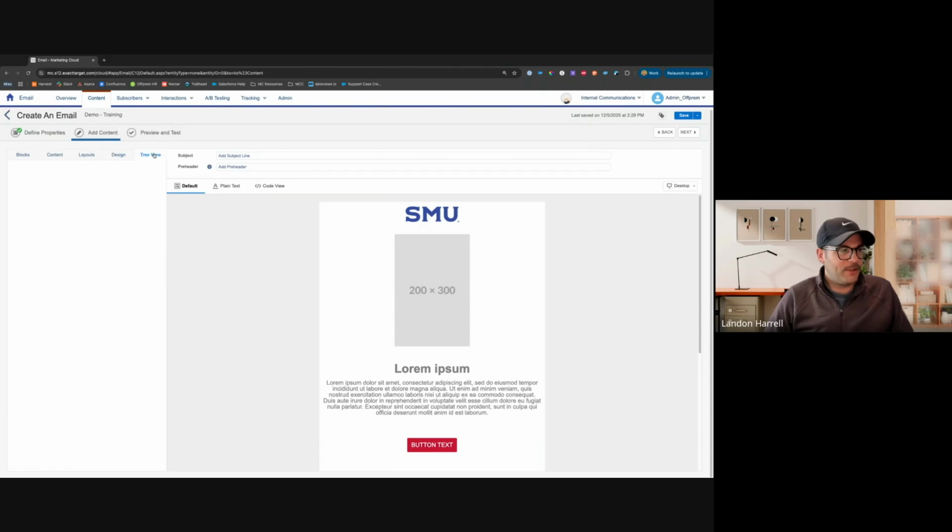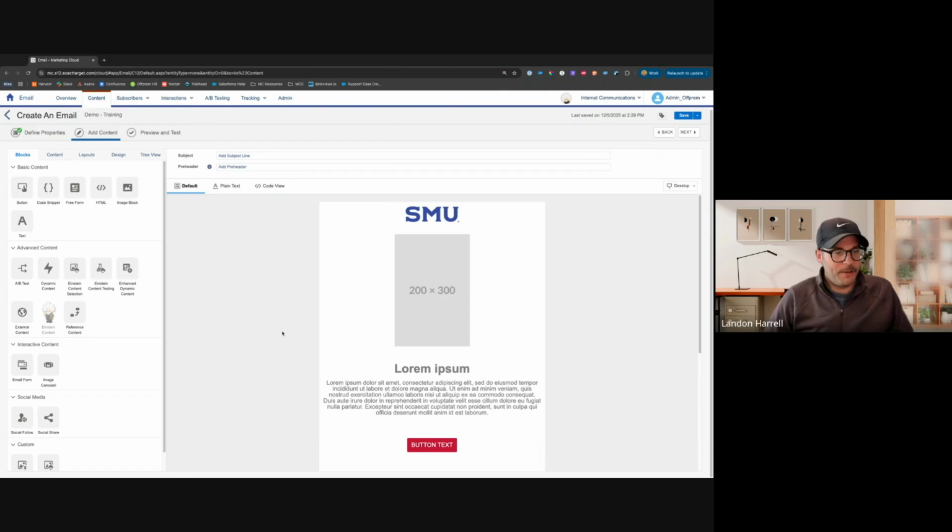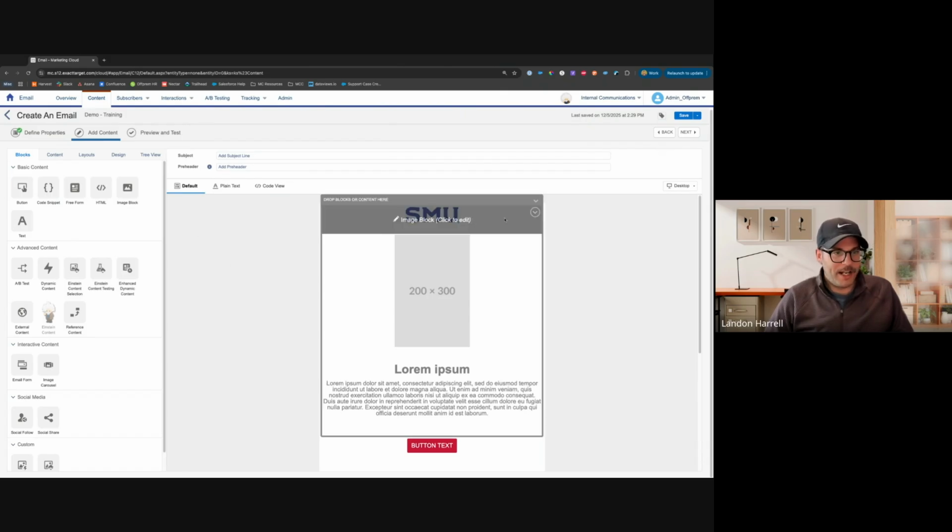And then the Tree View lets us move things around easily within the template itself. This can be really helpful for really long emails. If you just need to move blocks between different slots or between different layouts, you can do all of that within the Tree View. For today, what we're going to do is talk about how we can go ahead and